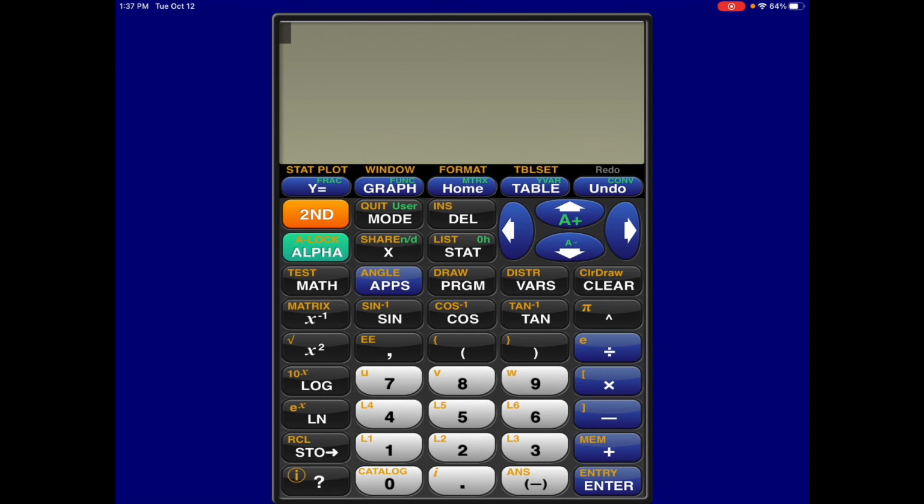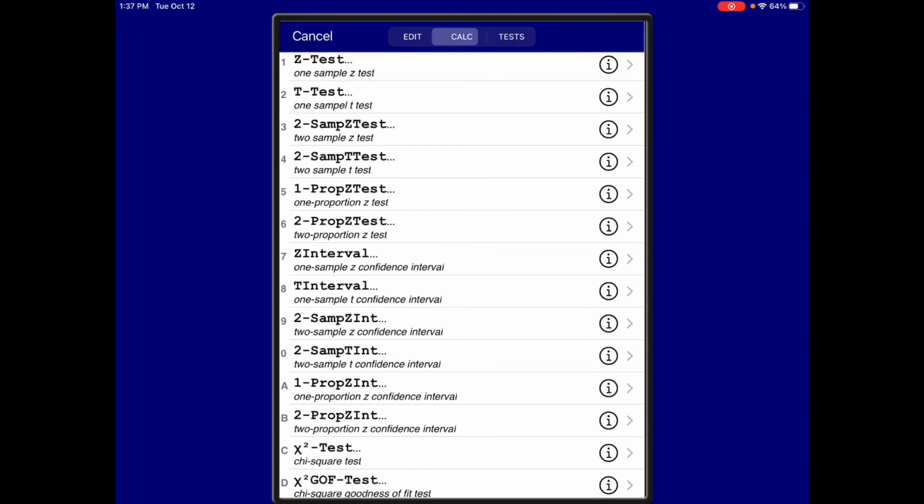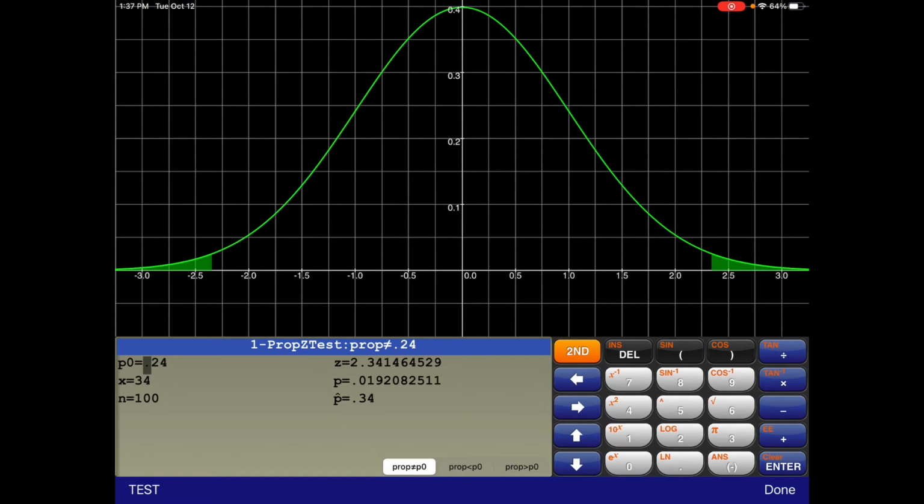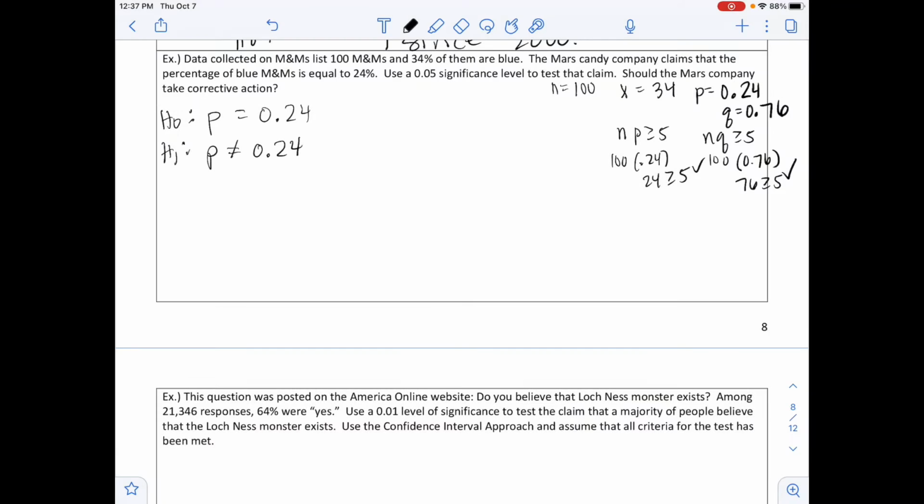On your graphing calculator, you're going to go to Stat, to Test, to 1-PropZTest. Enter in your values. So our P naught value is 0.24, X is 34, and our sample was 100, so N is 100. Our alternative hypothesis is not equal to, so make sure you select that. From our calculator, we get a p-value equal to